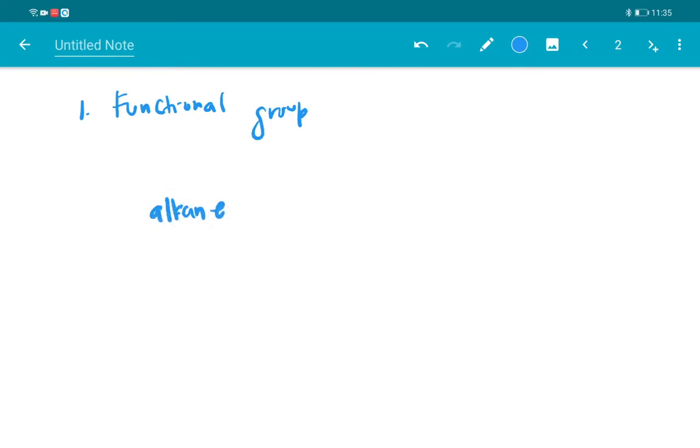So what we're going to do is change the E into OL. For instance, if the alcohol contains 4 carbons, it will be butane. So if we replace one of the hydrogens with OH, the E at the back will be changed into OL. So it will become